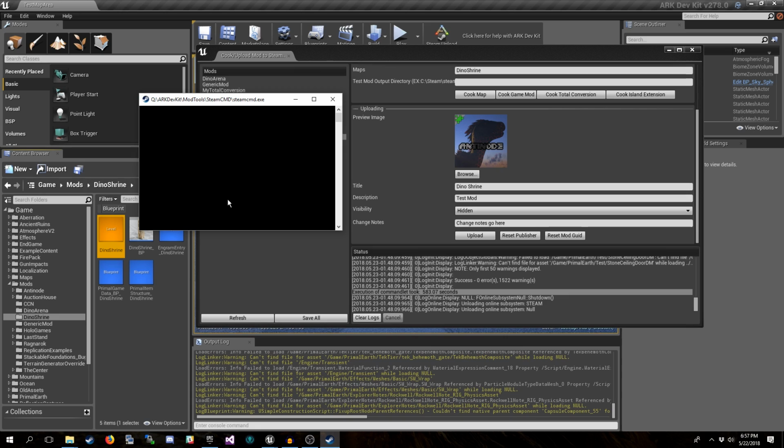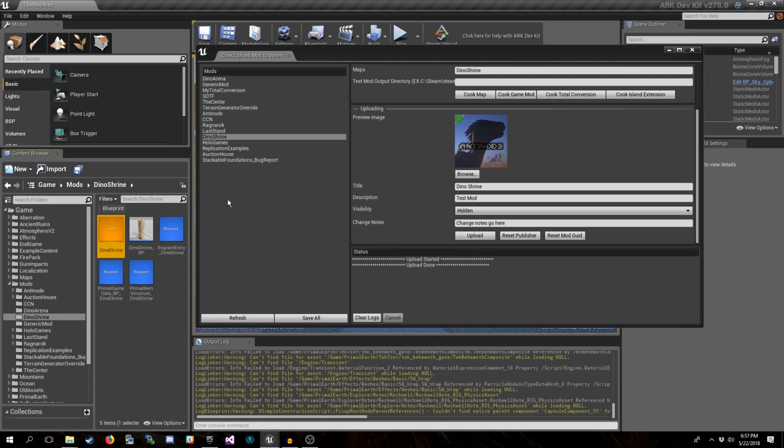It is actually working. In my case right now, it is waiting on my SteamGuard code. So, if you have SteamGuard enabled, it'll just sit on this black screen until you put it in. Just like that, and then you just hit enter. That's all you have to do. Okay? If you're not using SteamGuard, the black screen will appear, but it'll disappear shortly after when it finishes.